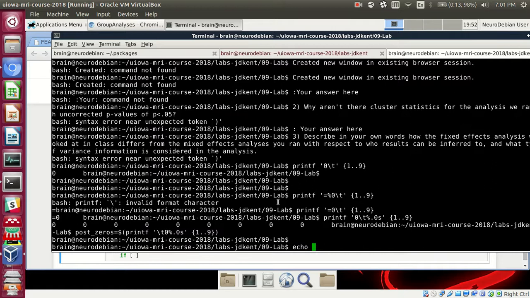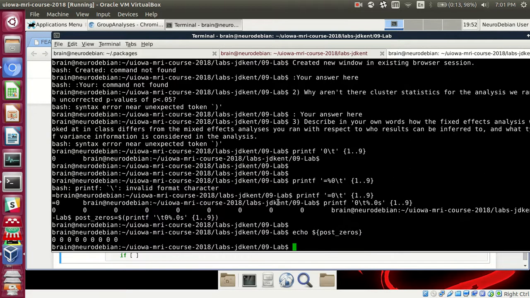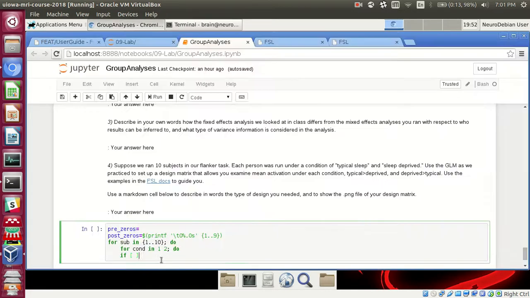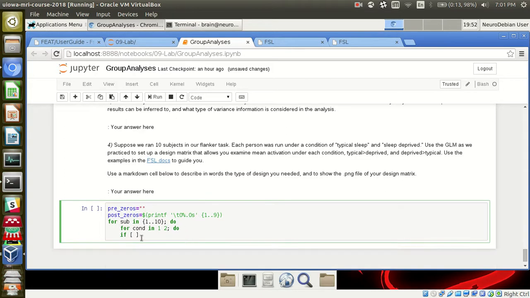So let's echo post zeros. 1, 2, 3, 4, 5, 6, 7, 8, 9. Alright, perfect. And then the pre-zeros is just going to be an empty string for now. Then for sub in 1 through 10,